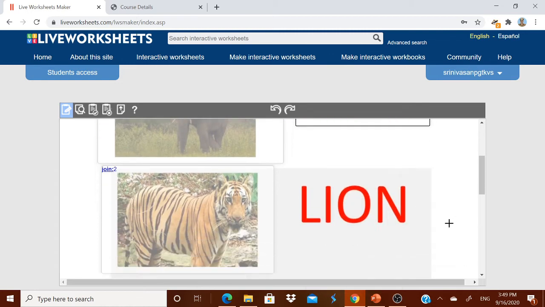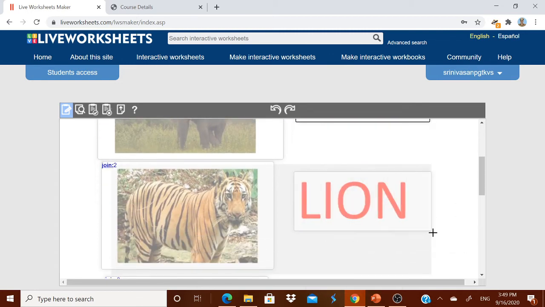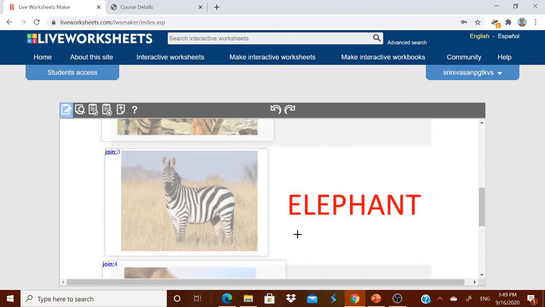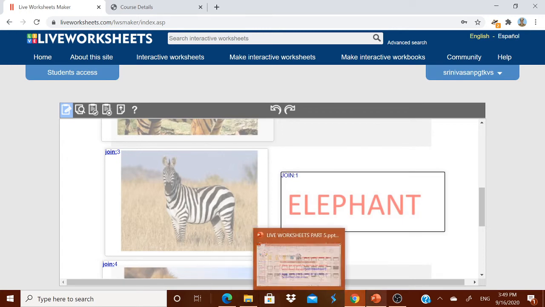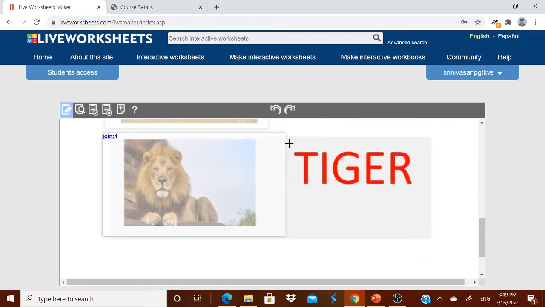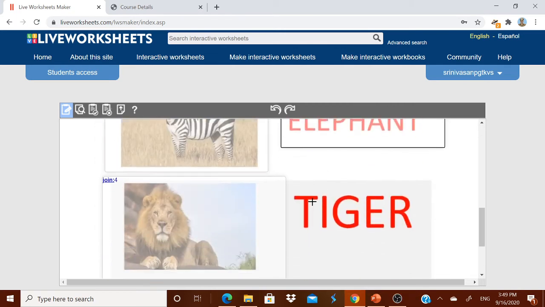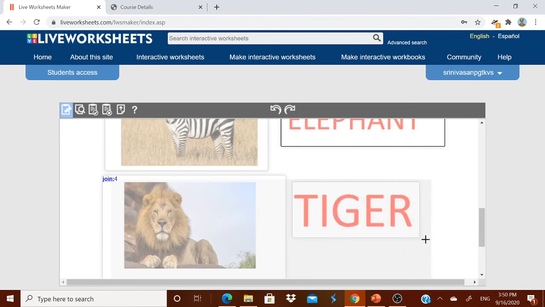Now the line is number 4, therefore I will do it, click it, join:4. I think my elephant is in join:1, therefore I will type join:1. Well, now come back, my tiger is in 2, therefore box it, and then let me type join:2.